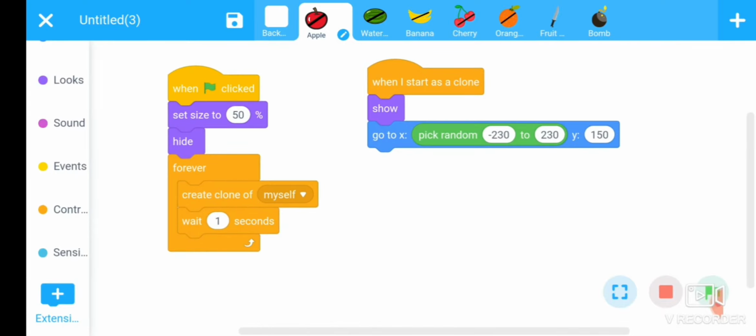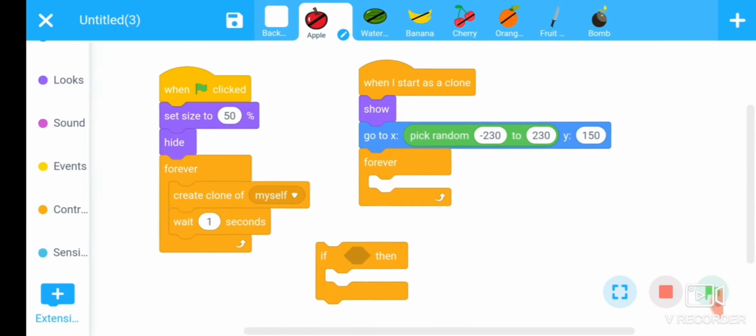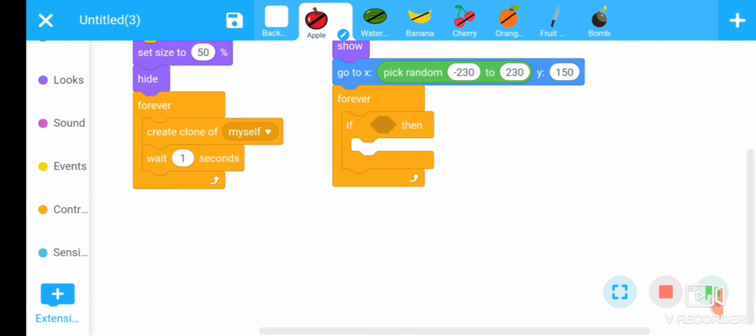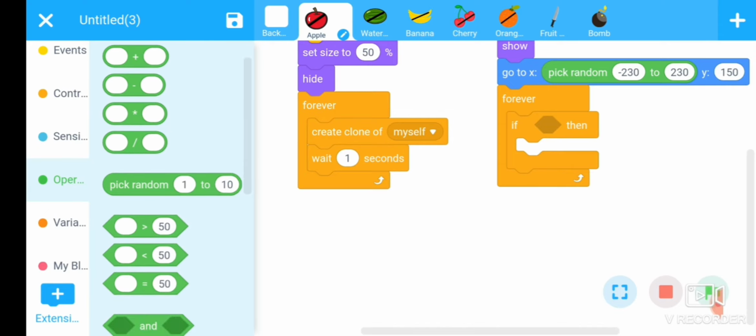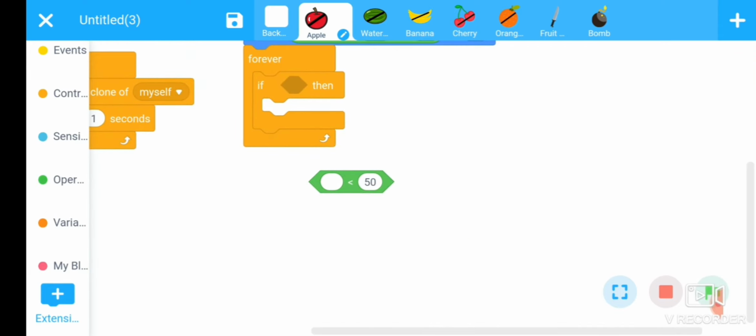And the second thing is we want to move the apple down. For this use a forever loop. Go to the if then block here, then again go to the operator section. There is a command less than 50.